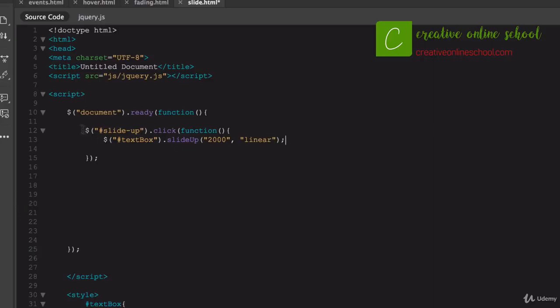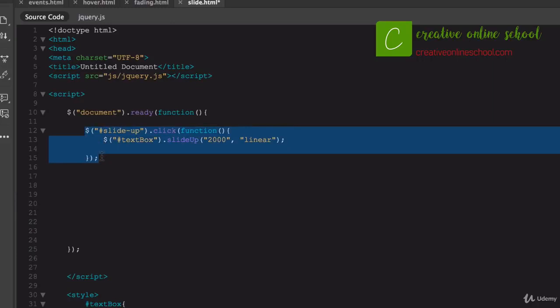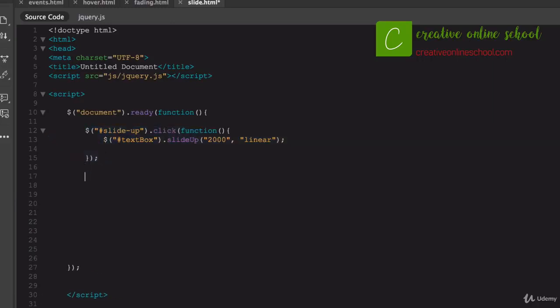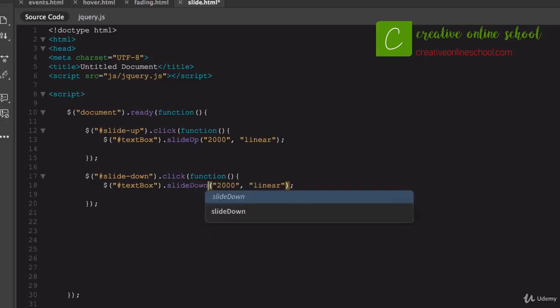Alright, so now we have to do basically the same thing to make it slide back down. You don't want your text to slide up and then just disappear forever. So I'm going to create another button that will give the ID of slide down. And same thing here, we're going to add a click, on click, and give it a function, and we're going to target the text box. And in this case, we're just going to say slide down, and we can give it the same duration right there, or we could say